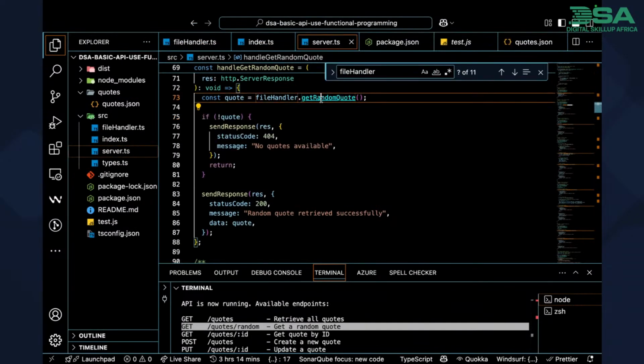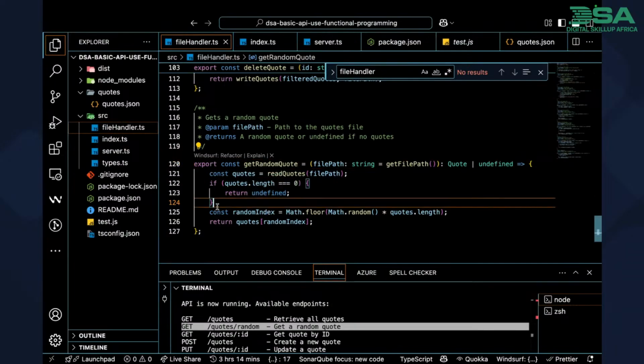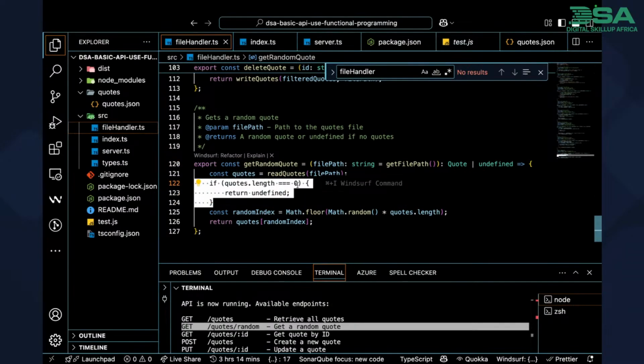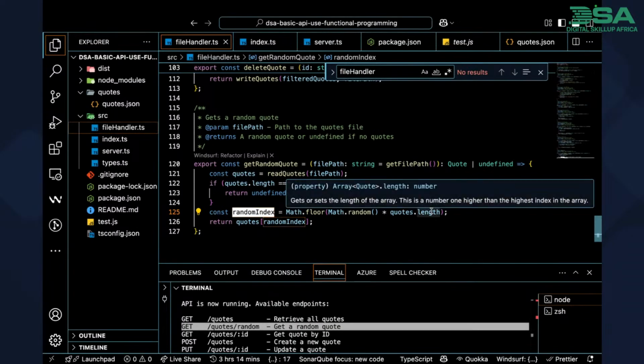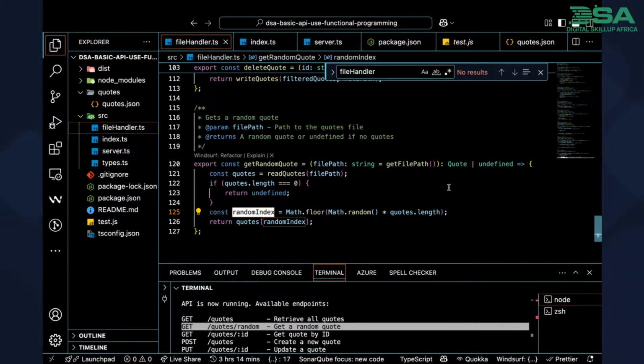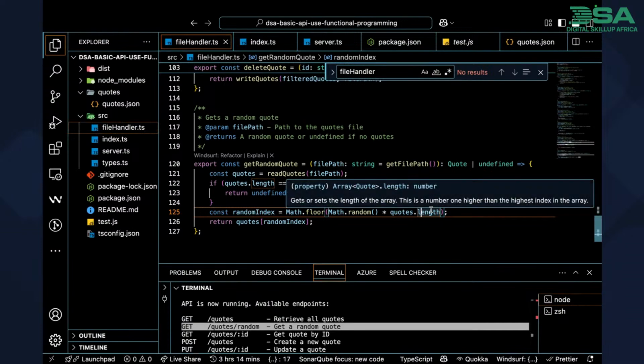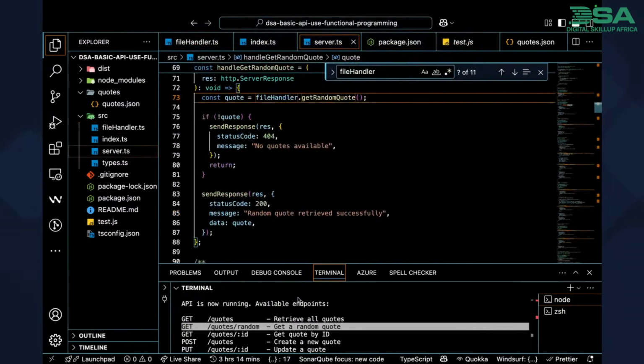And remember, the get random code, what does it do? It checks if the code length is equal to 0. If it's equal to 0, it's not undefined, and that's why we have that value. If not, it just picks a random length, right? Based on the length of the quote that you have. Quote.length is picking the length of that array. So it will not pick a value greater than that length. It won't go and be looking for 7, because you have already done that random text to check for this length here. Okay, now we have successfully gotten our